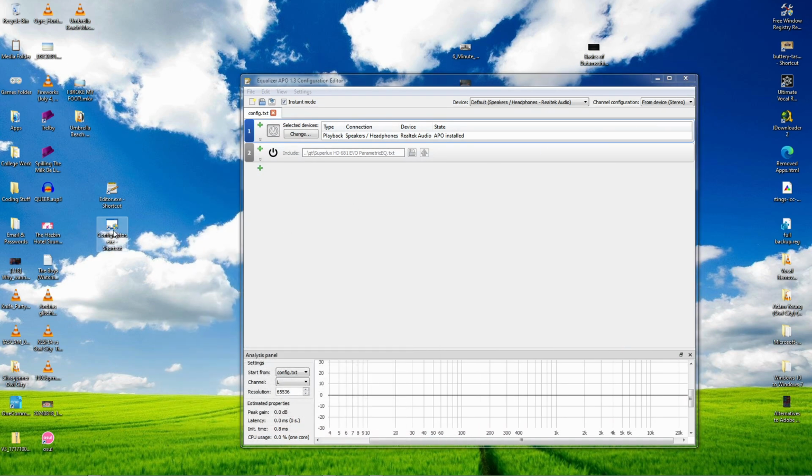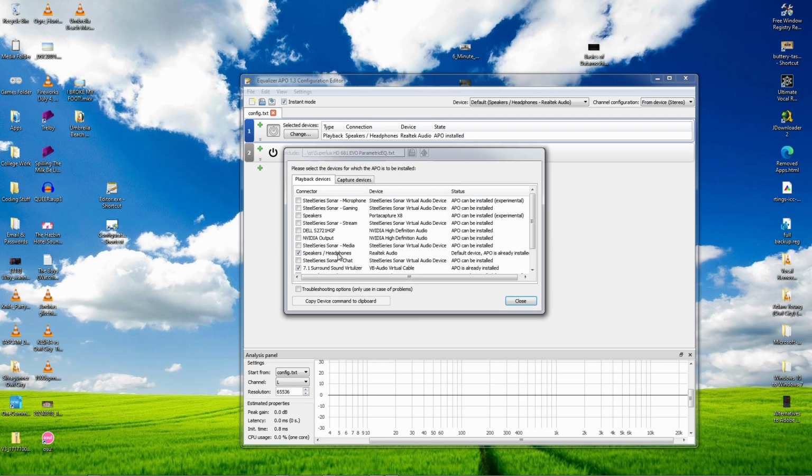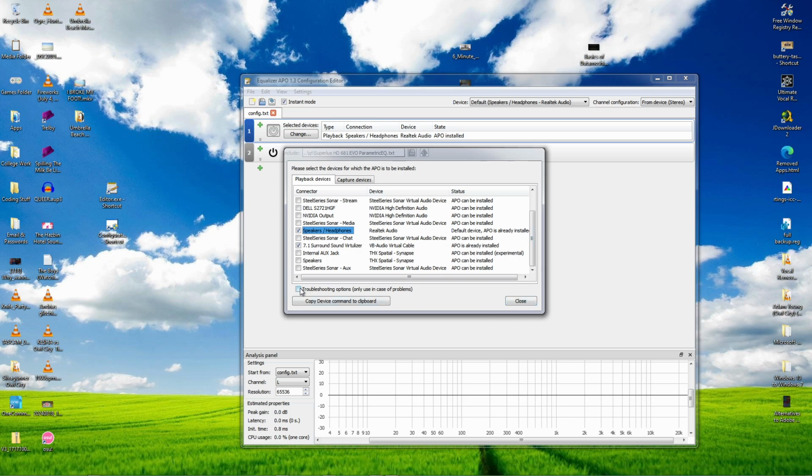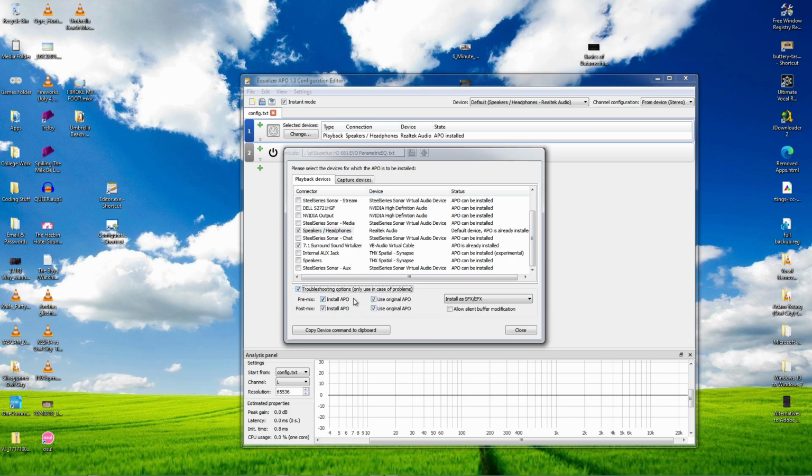So what I want you to do is click on configurator.exe, and whatever the channel, just select the playback device you're using. In this case, I'm using the speaker/headphones, because those are the ones that often get this issue. Just click on the check mark, click on the check mark, click on troubleshooting options,